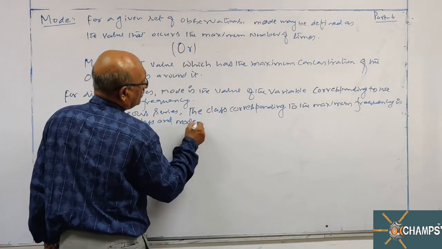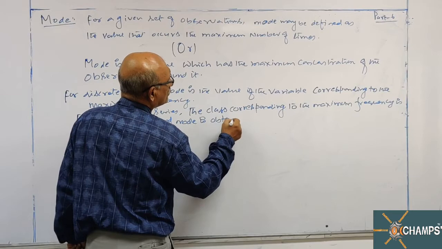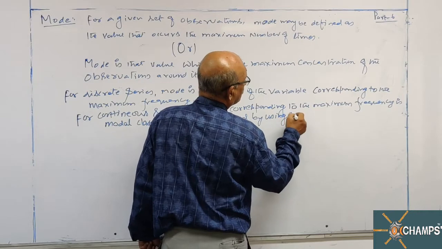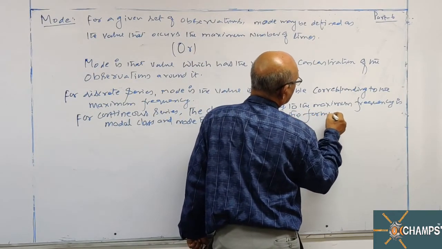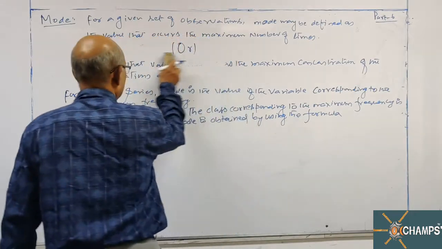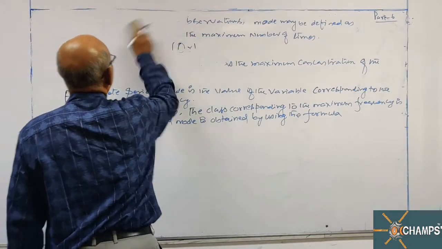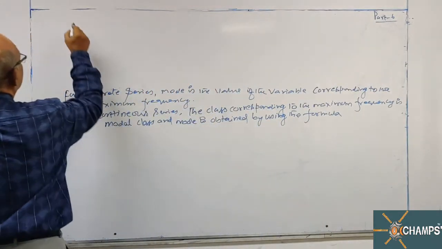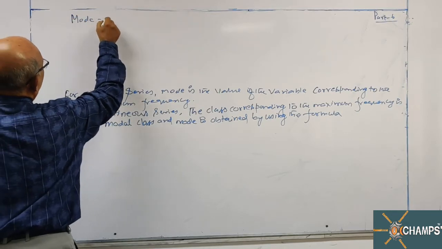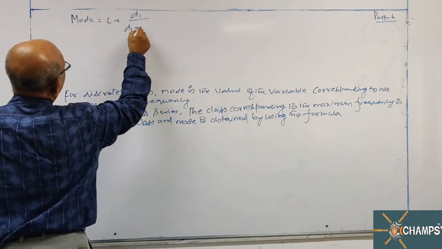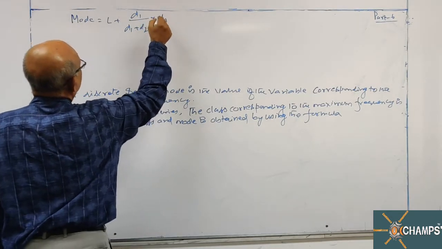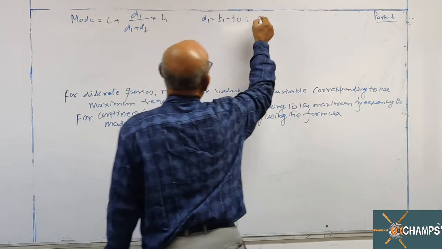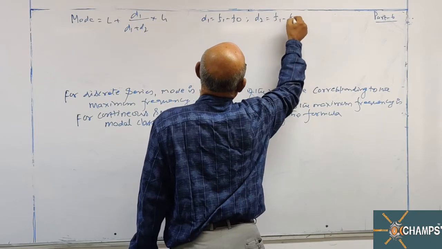And the mode is obtained by using the formula: mode is equal to L plus D1 by D1 plus D2 into H. D1 is equal to F1 minus F0. D2 is equal to F1 minus F2,